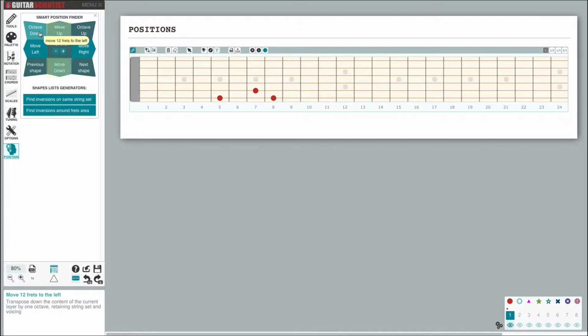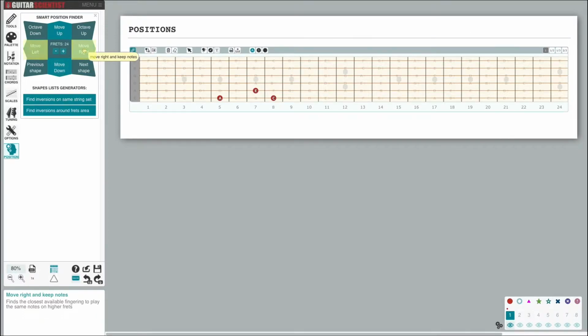The two arrows in the middle, pointing up and down, instead move the notes vertically on the fretboard, changing the string set. The fingering moves up and down the strings and adapts so that they always are the same notes, possibly on a different octave. In this case, you see that the fingering is changing strings, and it is also moving to the side by a few frets, and between the strings B and G it changes shape, because the strings are tuned a third apart instead of a fourth. Basically, it always preserves the notes, in this case A, C and E, while it moves around the possible fingerings.